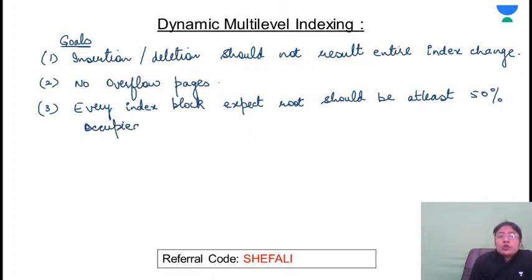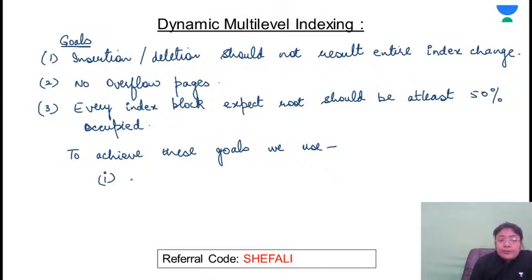So these are the goals of going for the concept of dynamic multi-level indexing, because these were the drawbacks with the static multi-level indexing. So in order to achieve these goals, we use the following one, that is the multi-level indexes. This is B tree